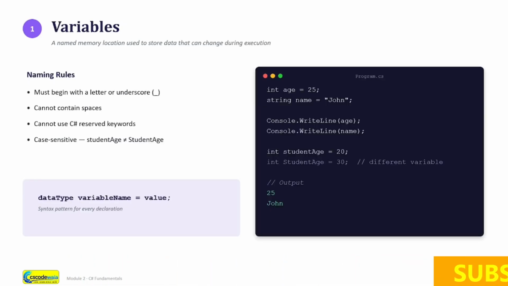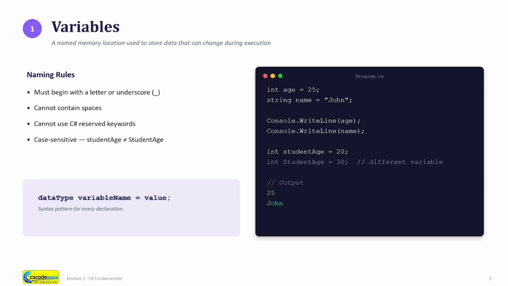Let's begin with variables. So what is a variable? A variable is simply a named memory location used to store data. Think of a variable as a container, just like keeping water inside a bottle. A variable stores information inside computer memory.